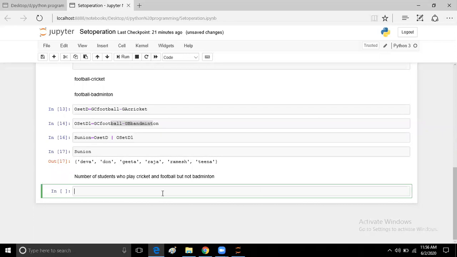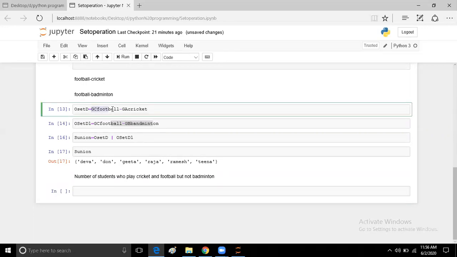Implementation is an easy task. In Python you should know the proper syntax or whatever format is given for Python. That's it. So what we are doing here is finding the number of students who play cricket and football but not badminton. Here we have to deal with two groups, football and cricket, right?